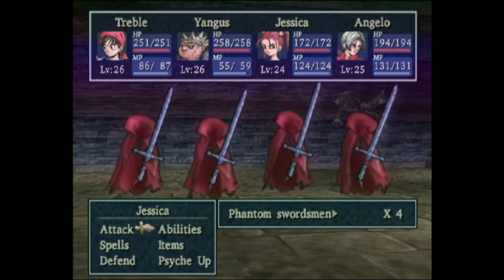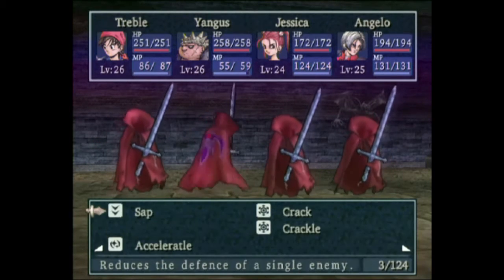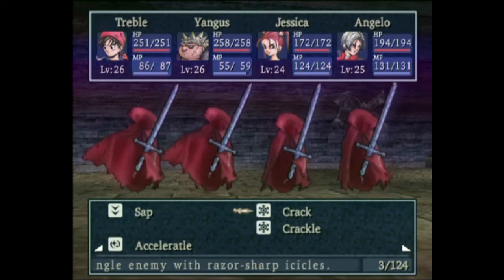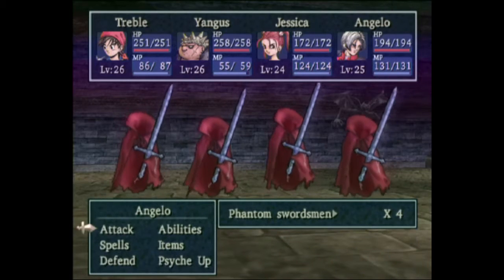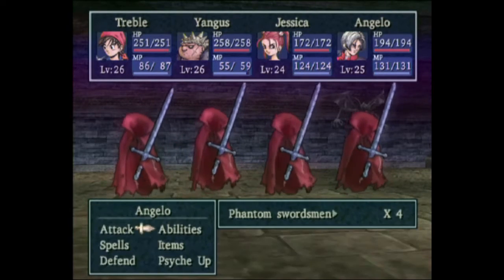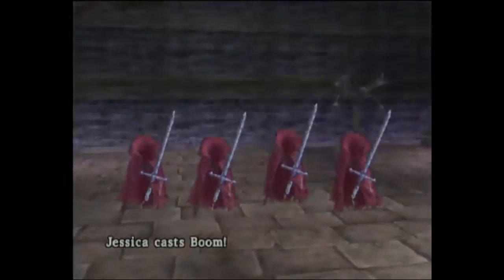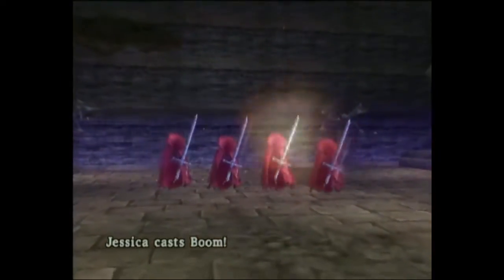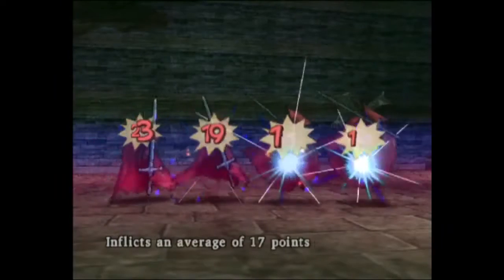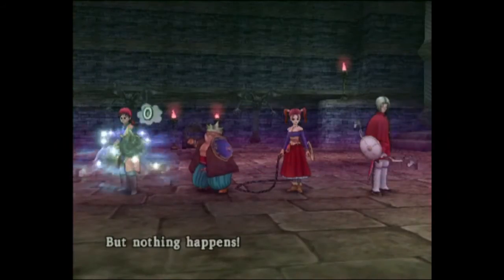Anyway, Phantom Swordsman. These guys are resistant to physical attacks, and they are resistant to pretty much every element except Bang. So we want to use that. These guys can call down terrible lightning and hit your whole party for like 30 points of damage. So I'm going to go ahead and have Angelo preemptively use the Chiron's bow. Okay, well...